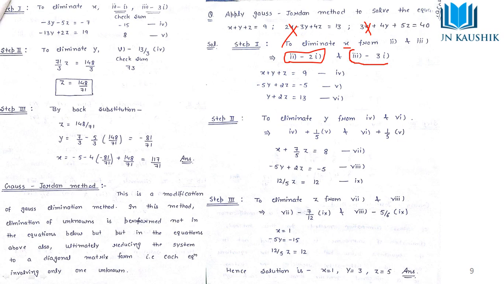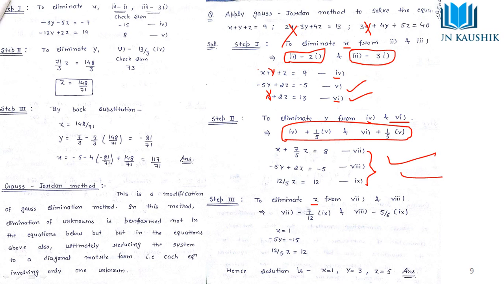We will follow the operation and get the answer. These are x-free equations. Now, to make y-free equations, what we will do is eliminate y from this and this, that is, make the fourth and sixth y-free. By doing that, we will again solve this. After solving these two operations, we will get these answers. Now, eliminating z from the first and last, that is the 7th and 8th, you will get x, y, and z.